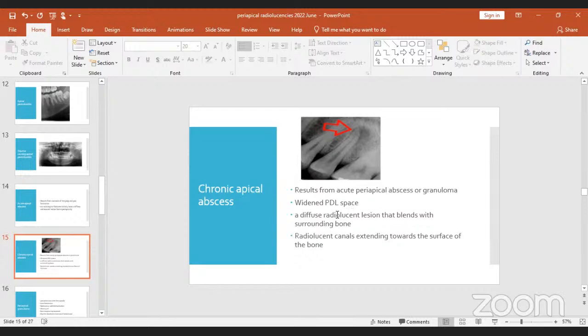So what you find is that you still have a widened periodontal ligament space. Then periapically, you'll find a diffuse radiolucent lesion, which blends with the surrounding bone. And then you may also find radiolucent canals extending towards the surface of the bone. Probably this one, you may be able to appreciate if you have a 3D from a CBCT or a CT